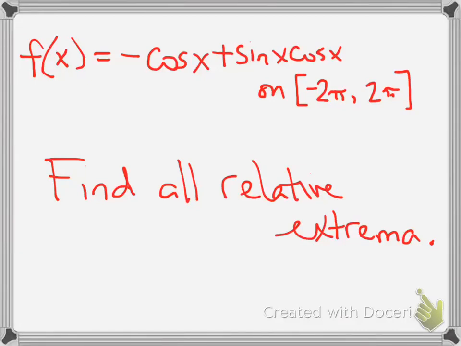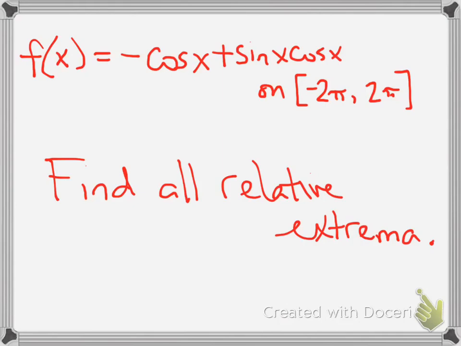Greetings. All right, we're going to try to find all relative extrema for this function that involves some trig functions on the interval from negative 2 pi to 2 pi. And let's see how this goes. So whenever we want to find all relative extrema, we first want to find the critical numbers or critical values